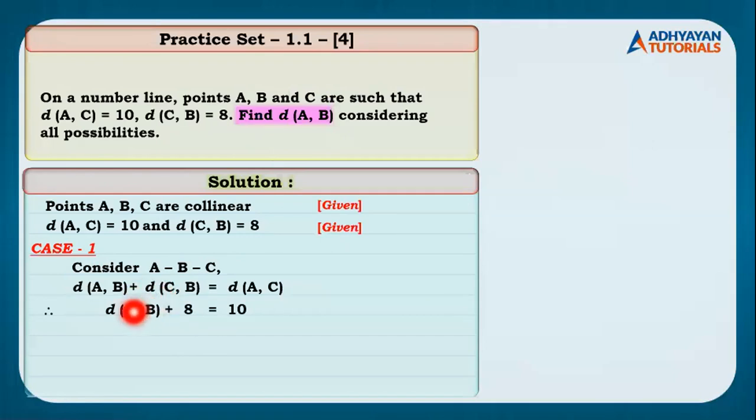Now from here to find AB is not a difficult task. We just need to shift this 8 on the right hand side. So that becomes 10 minus 8. And what is 10 minus 8, children? 2. So the value for distance between A comma B is 2 units. Now this was case 1 where we have considered B in between A and C. तो जैसे B consider किया है बीच में, there are 2 more possibilities. Either you can consider A in between the other 2 or C in between the other 2. I hope everybody has understood this, right?